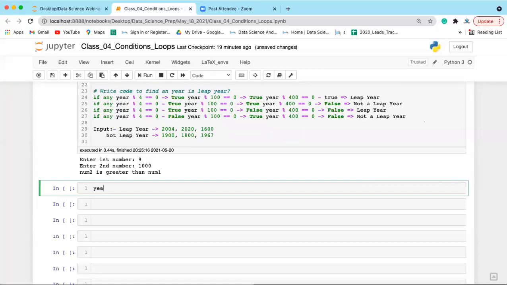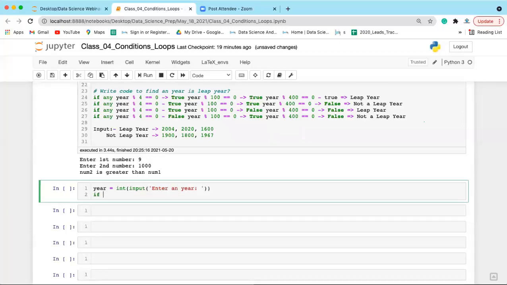I will be taking a year from the input, so I'll write here int input, and enter a year. Next we check if year % 4 == 0, meaning the year is divisible by 4.